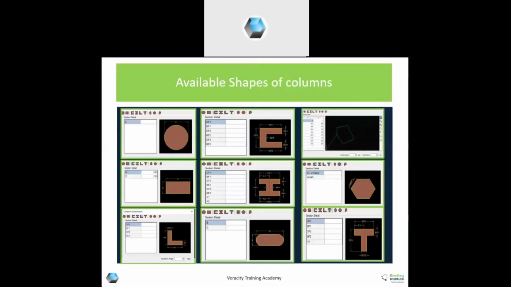Generally available shapes of columns in STAAD are rectangular, circular, T and L. But here in RCDC, you have many shapes like C shape, I shape, oval, hexagonal, T, L, and also any irregular shape.